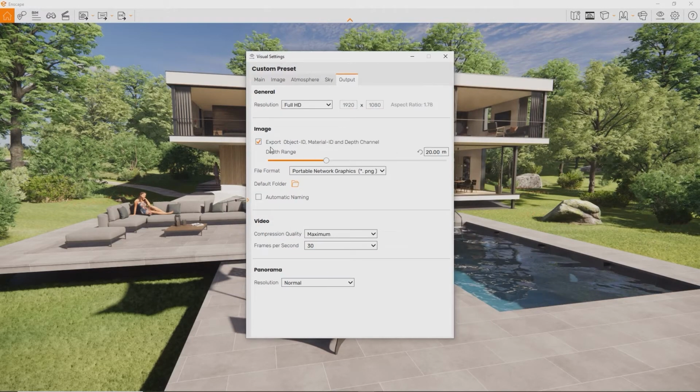In the Output tab, you can also set up a default folder, in case you don't want to be prompted to choose a location every time. And you can tell Enscape to name the rendering automatically. You can choose the default file type, and if you want to post-process your rendering, you can enable Export Object